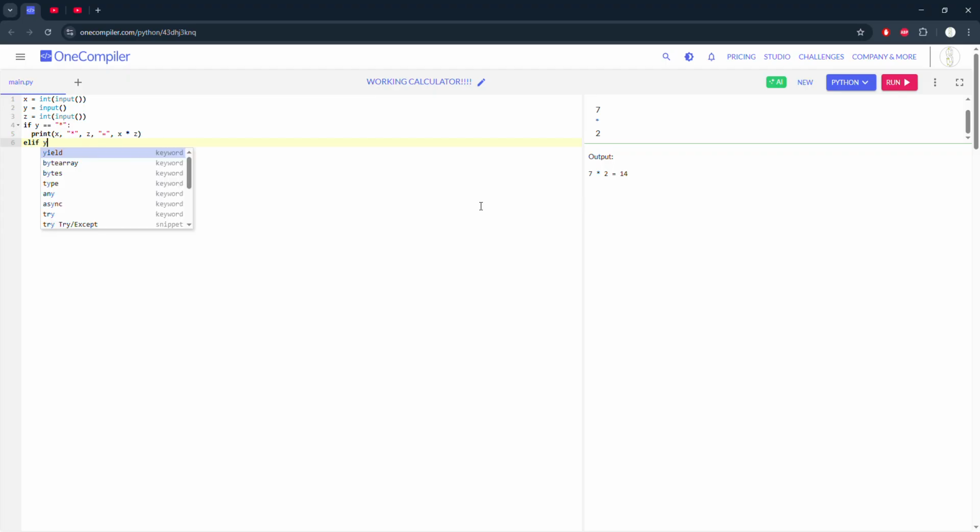This is basically telling our program that if y is equal to a star, you need to do multiplication. And elif is where we tell our program that, if y is equal to, let's say, division, our program is going to have to output, aka print,